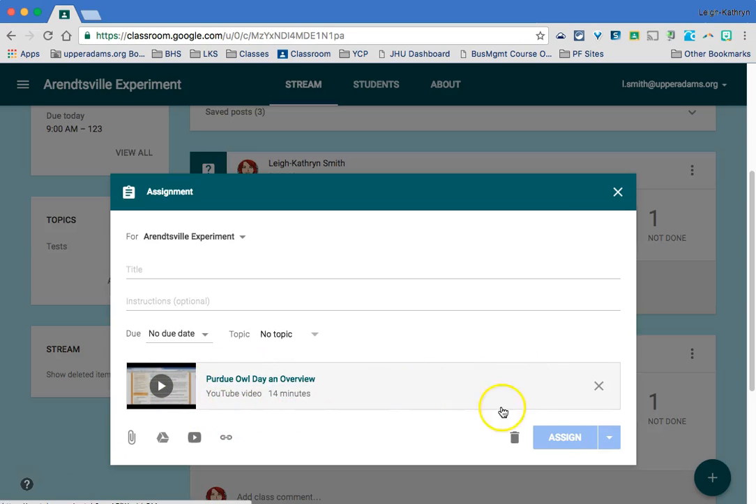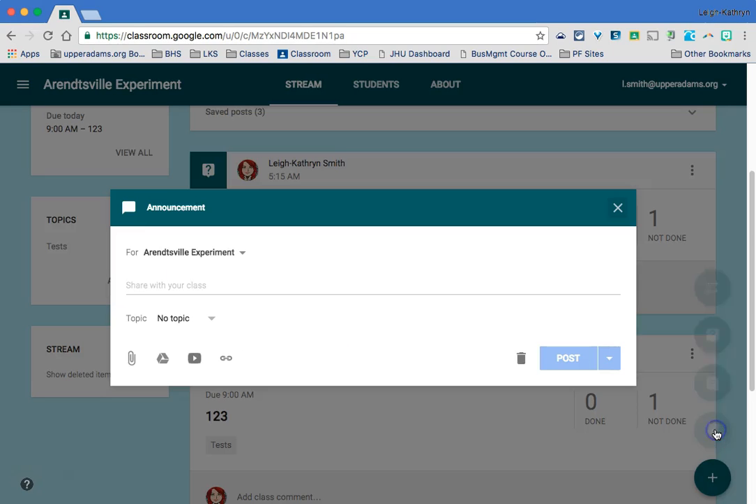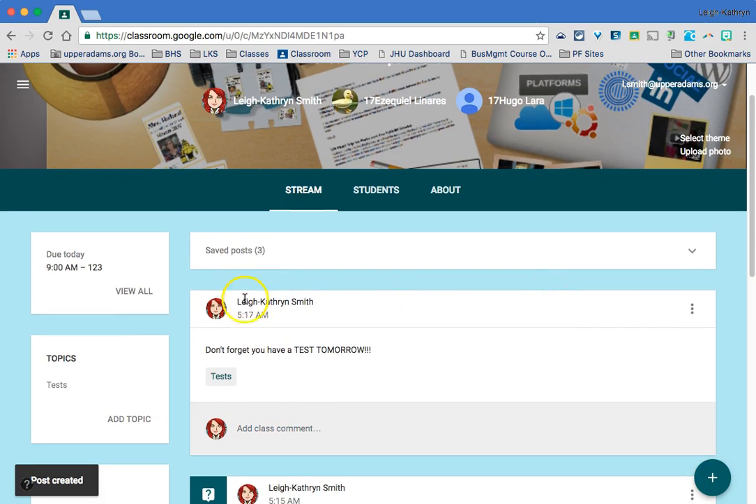So it looks like this, and then I can assign it after I give it a title. I'm going to close this out because we're not going to do that right now. So that's an assignment. So we've done these two. There's this create an announcement. Don't forget, test tomorrow. So maybe I'm going to choose as my topic tests, and that's all I want to say. I can do an attachment, but that's all I want to say for right now. And there's my announcement. So students don't have to submit anything. It's just a, hey, don't forget about this. It's just an